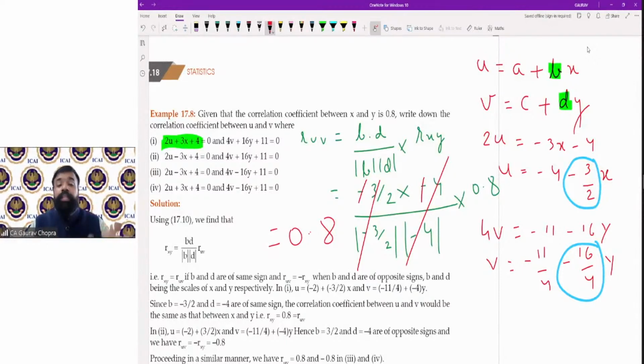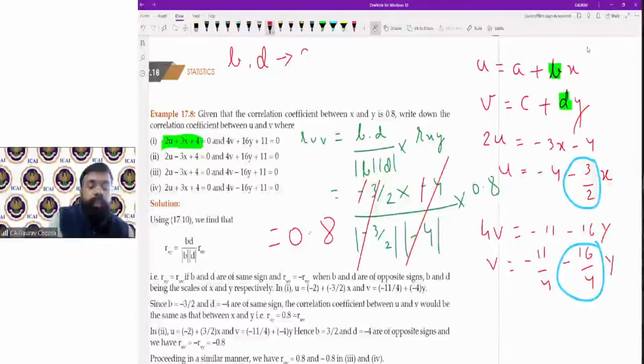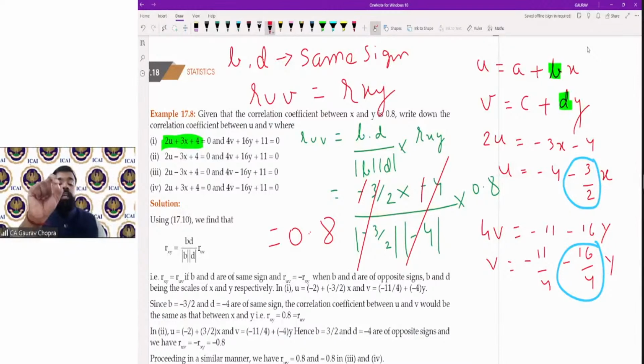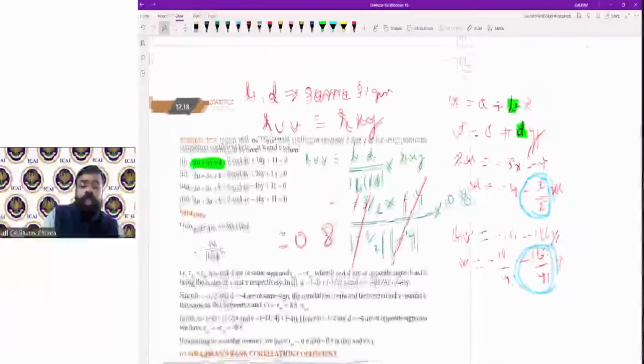सेकेंड वे इज यू कैन डू दिस डायरेक्टली। डायरेक्टली कैसे करना है, अगर B और D दोनों का साइन सेम है, B and D is having same sign, then in such a case RUV is equal to RXY, दोनों की वैल्यू एग्जैक्टली सेम होगी, साइन भी दोनों का सेम होगा।